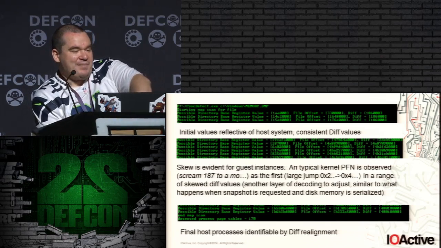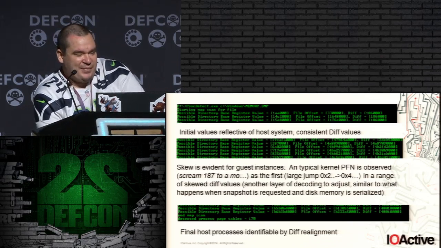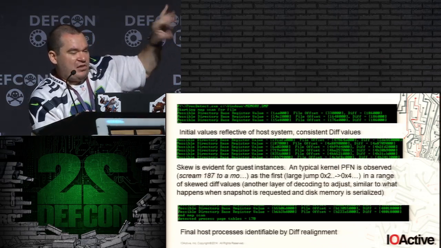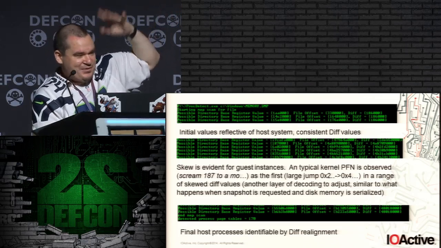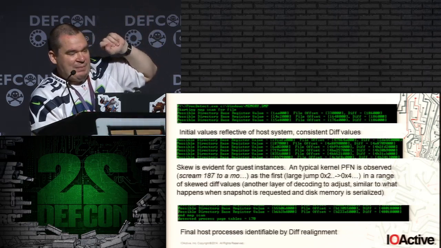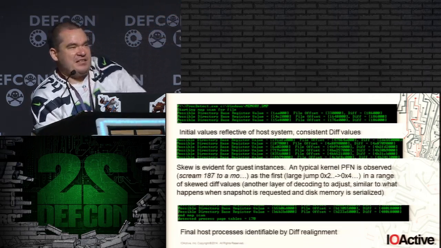Essentially, this is dumping a memory dump from a cloud server. This system has 64 gigs, and these diff values you can see are aligned. The first three are aligned. I don't know if you can see them, then I'm sorry. You've got to pull up the slides on your phone or something. And then we see the skew here because a VM doesn't necessarily,